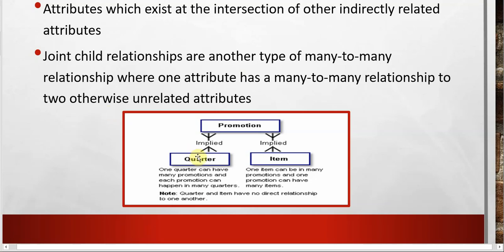For example, we have quarter, item, and promotion. One quarter can have many promotions, and each promotion can happen in many quarters. Plus, one item can be in many promotions, and one promotion can have many items. This is an example.